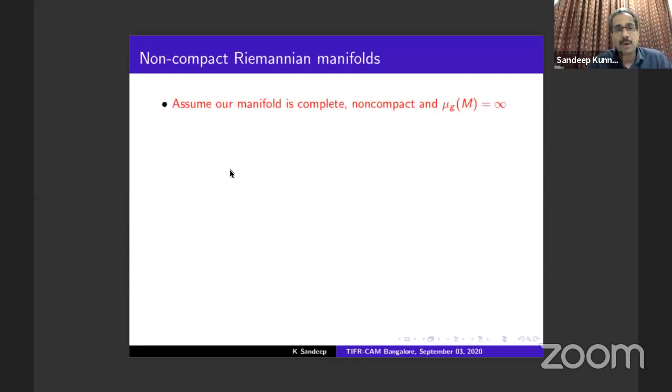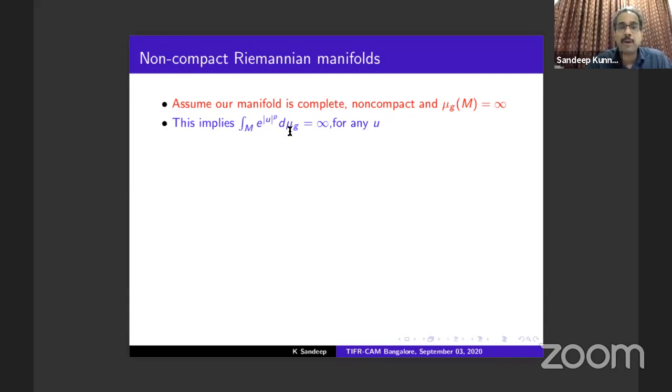So that's the assumption I am making. Assume our manifold is complete, non-compact, and the measure is infinite. Okay. So now, as soon as you put this measure is infinite, then you immediately see that the integral of